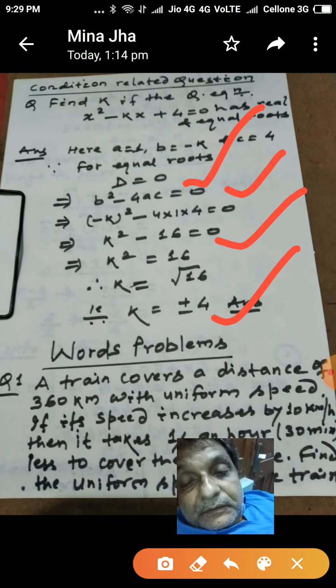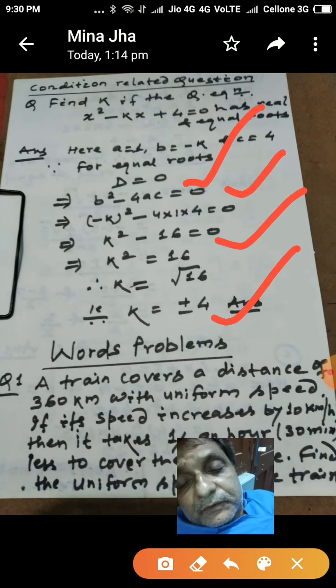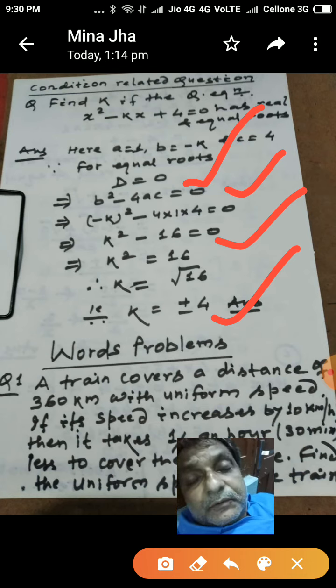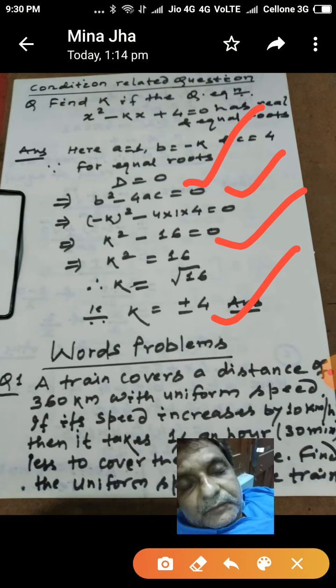So student, this is all about this session related to quadratic equations, and I hope that you have got a sound and stepwise concept, that is, a sequential concept of this topic, and hope that now you are able to solve the rider problems of your book, either it is NCERT or any other book. You can solve the maximum questions. Even then, if there is any doubt, you can share with me by any digital mode.